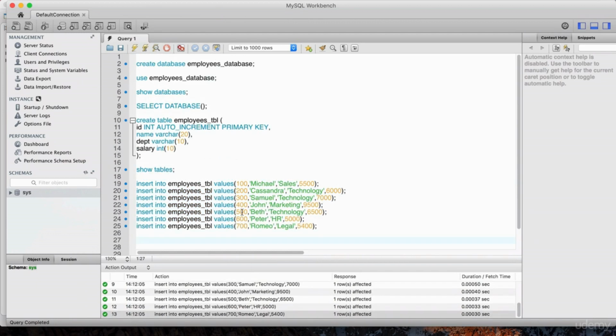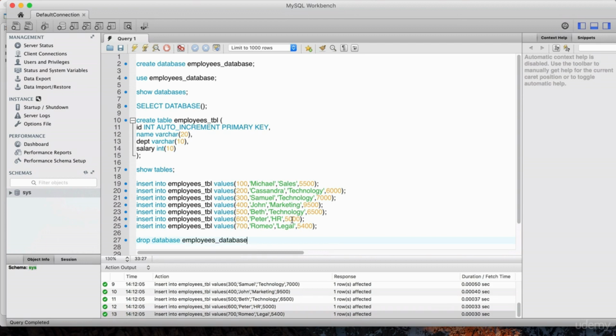table. So hopefully you were following along and you were able to execute this script, and I gave some extra details, and hopefully you were testing some of this stuff out. If you made a mistake, you can drop this database or delete this table, and you can look those statements up. They're not hard, but if you want to drop this database, you could do drop database and then type in employees